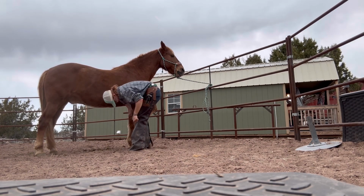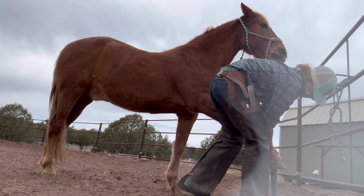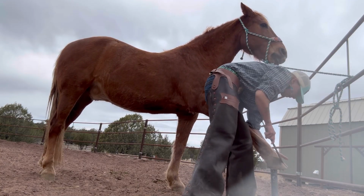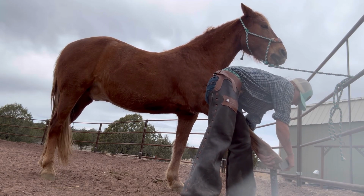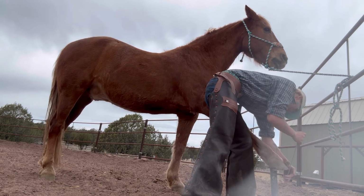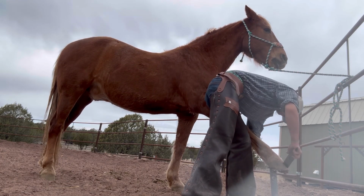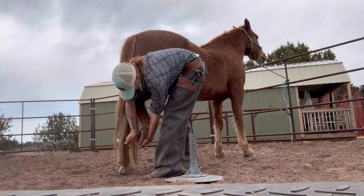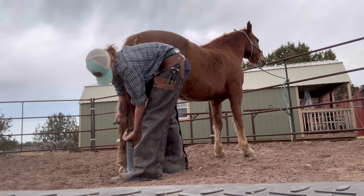I'd hire somebody to come and do my horse's hooves, and then I started training horses, and specifically a lot of really traumatized, flighty, and aggressive horses, and I struggled to find farriers who were patient enough to put up with that, right? And don't get me wrong, their job is hard enough already. The last thing I want to do is throw some crazy rank colt on them that's never had their hooves done before. And so because I started having this struggle, I decided that I wanted to start interning